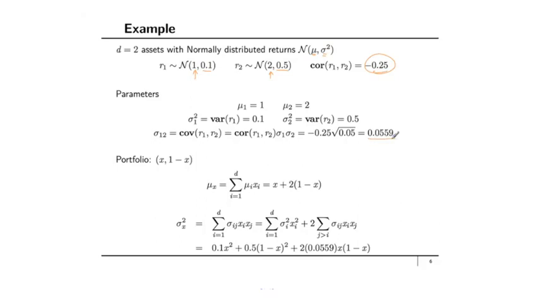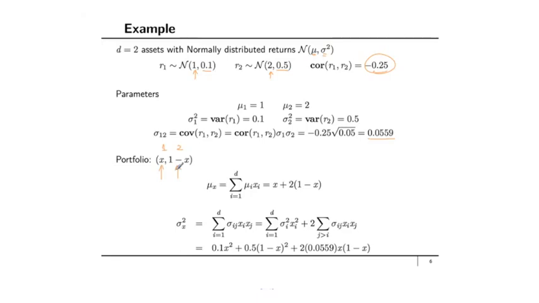In the two-asset market, portfolios are very easy to define. Remember, portfolios were the fractions invested. So if I invest fraction x in asset 1, and since the fraction invested in asset 1 and the fraction invested in asset 2 must add up to 1, I should invest 1 minus x in asset 2. Later on, we will see how we can use this x, 1 minus x to do efficient portfolio selection